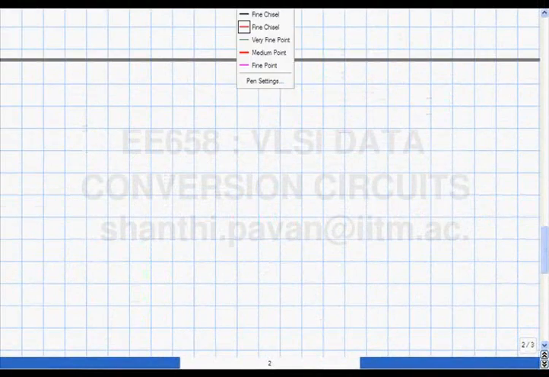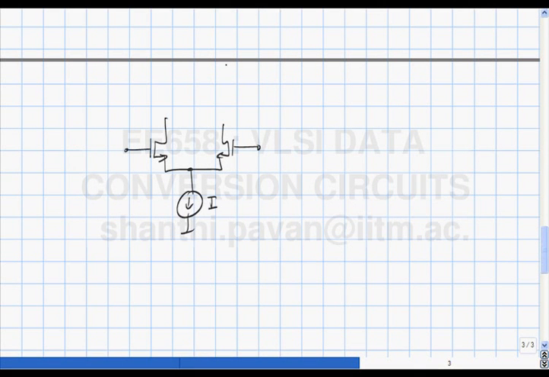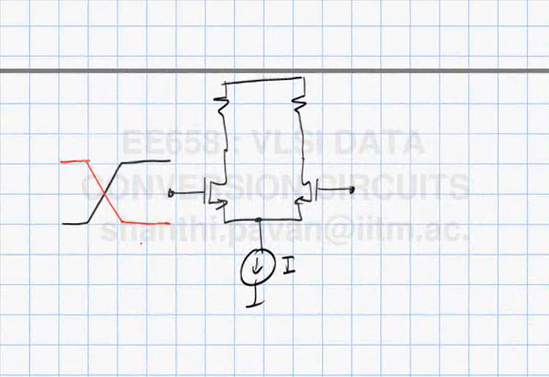When you have a differential pair, it was going up like this and this chap was going down like this,